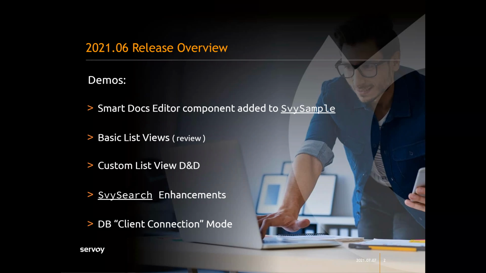One of our longtime and most used extensions, the SVY search module, got some enhancements, and we're going to demo those, and I'll show you a bit about client connection mode, which was a core enhancement that was added. I'll just kind of show you where it's at and what it does. Then we'll go over the release notes. We'll get out of here. So let me jump over to the demo,